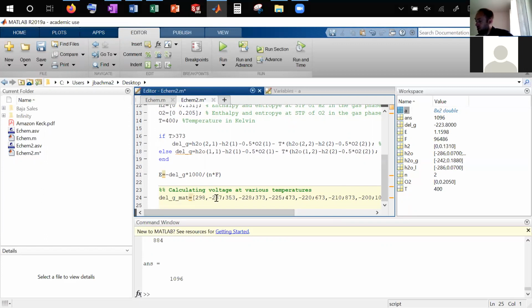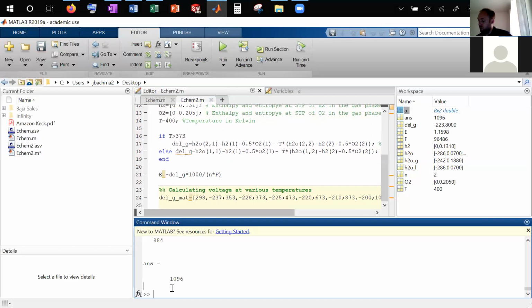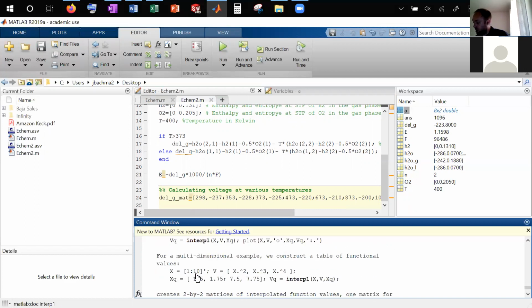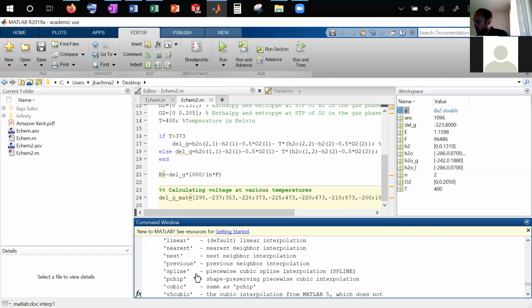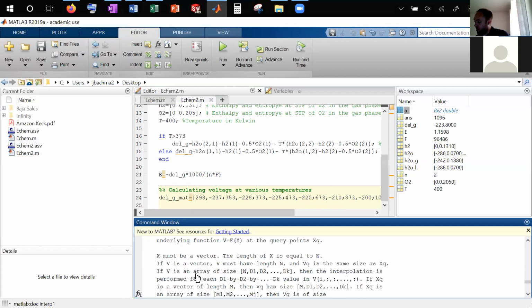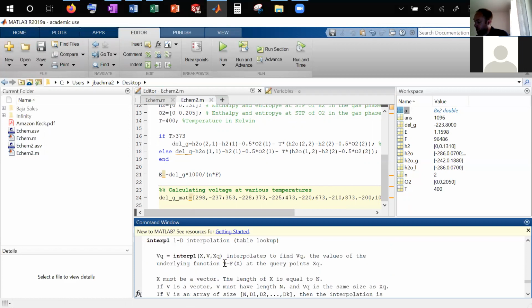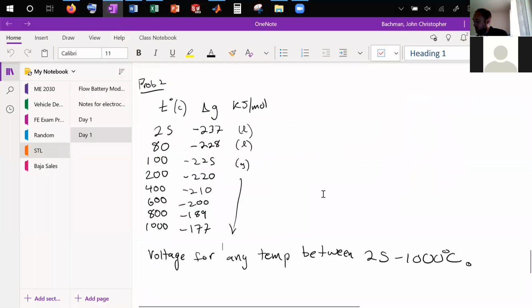So there's a couple ways to do this. Probably the easiest way is usually to interpolate the data. So I know there's this help interp1 function, right? And if I look it up, I can see, okay, if I have some function of x equal to v, and so I have some table of x and v's, then if I can query it for this, what that basically does is